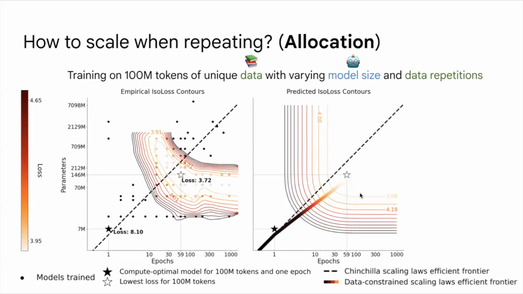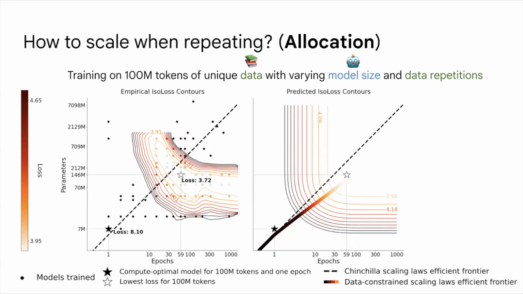All right, and let's add in the efficient frontiers. Again, Chinchilla says that if you're not repeating data, you want to scale equally. And this corresponds to the dashed black line. It starts at the Chinchilla compute optimal black star, more or less, and then just goes up diagonally, scaling up parameters and data equally.